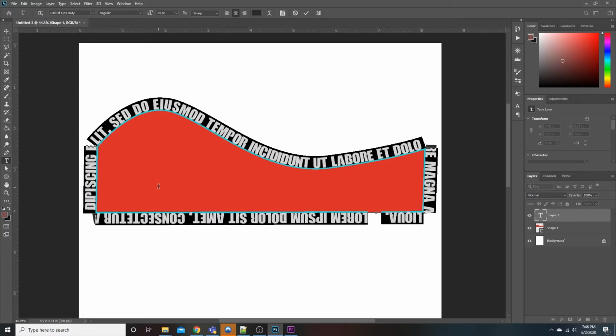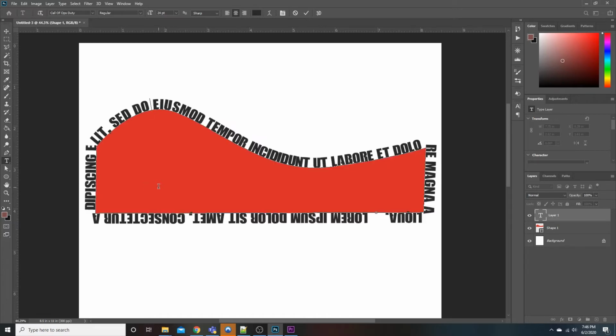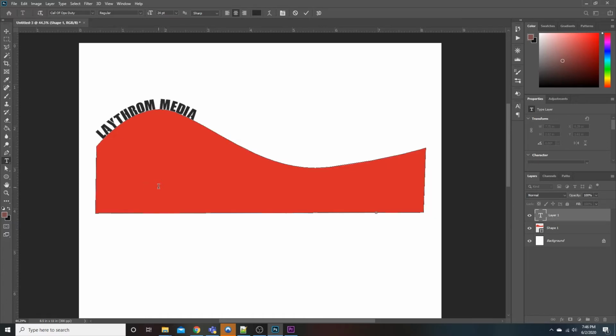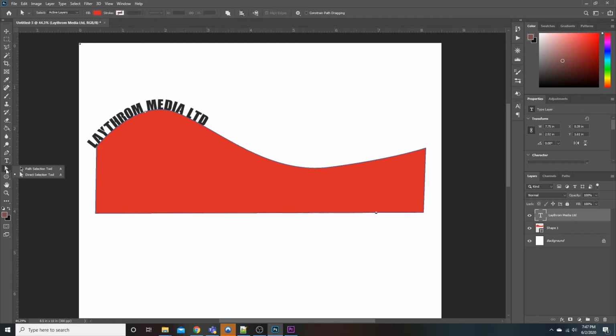If you click on that, in this case, since it's a shape, it'll drop text all the way around the perimeter of the shape. So we could do Laythrom Media LTD, hit the little check mark up here to apply our text, and it's actually not that bad. But for the sake of argument, say we wanted to move this Laythrom Media down into this valley a little bit more of our curve, or of our shape, I should say. In order to do that, right below your text tool, if you click and hold, you have the ability